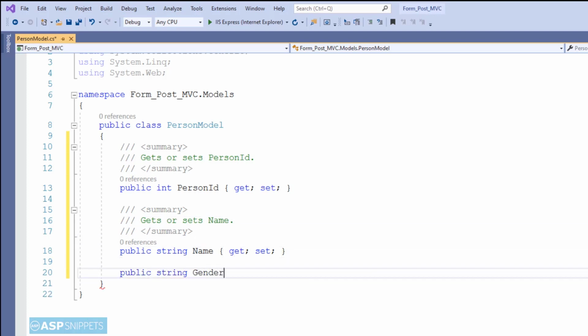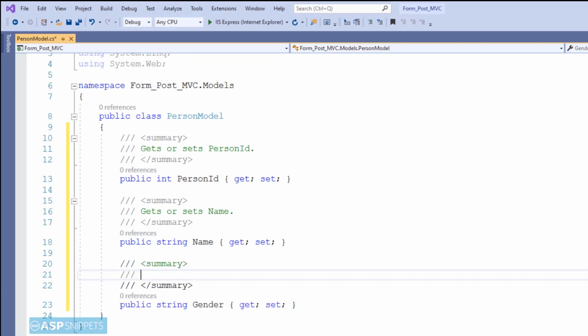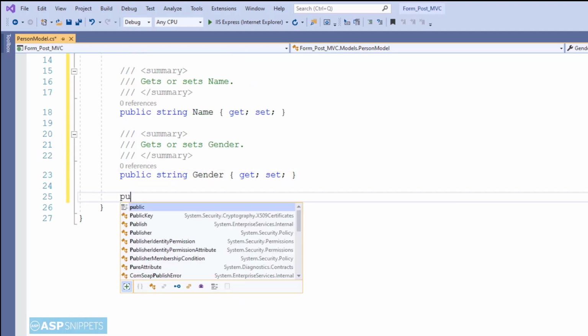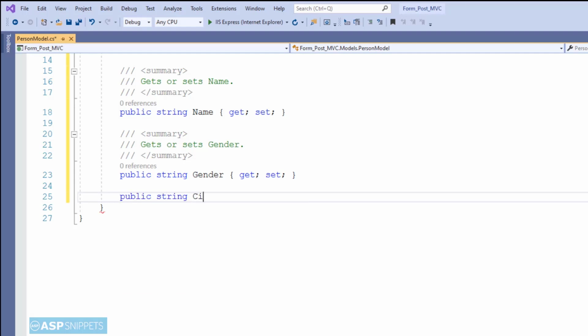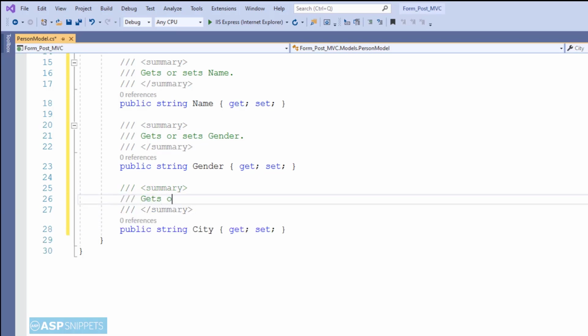The third property is Gender, which is also a string property. The last and fourth property is City, which is a string property again. So with this, our model class is complete.